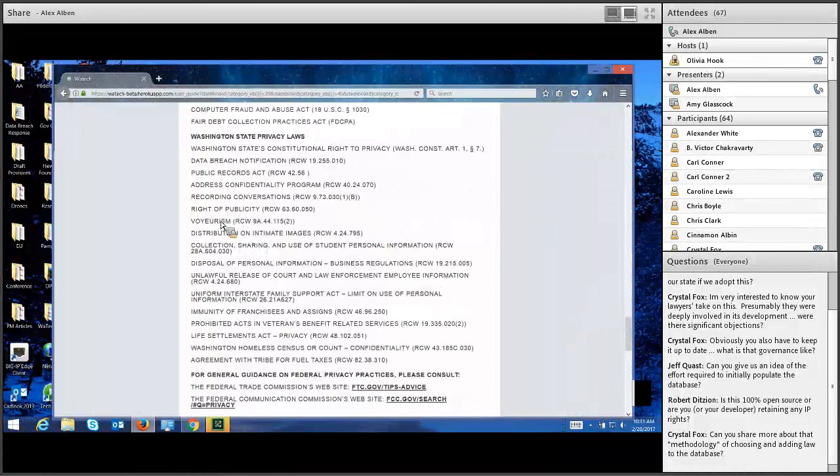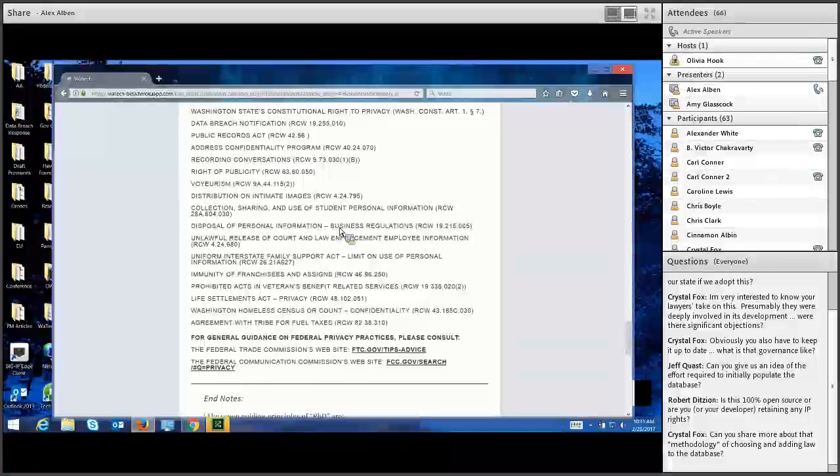Let's see, we have a law on distribution of intimate images. This is the so-called Revenge Porn Act that we did about a year ago in Washington. It says you cannot use photography and images to sell, rent, share, or publish.